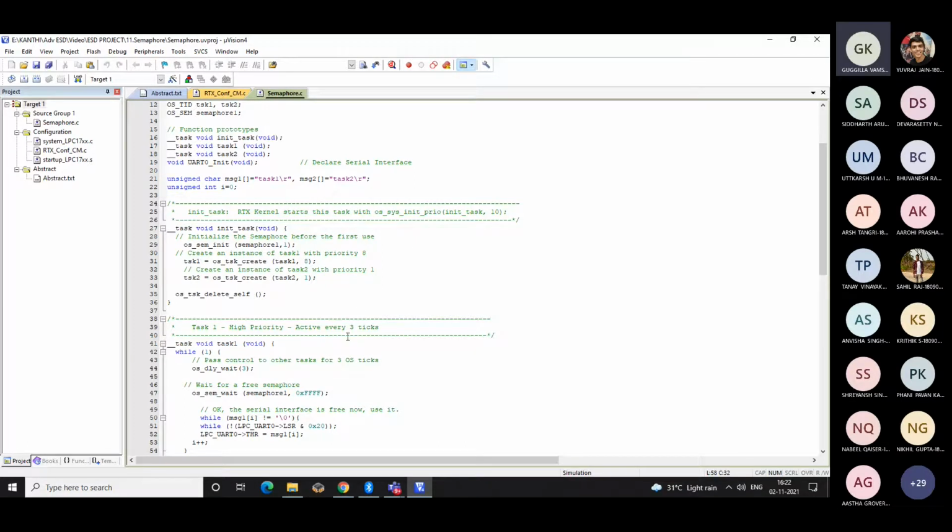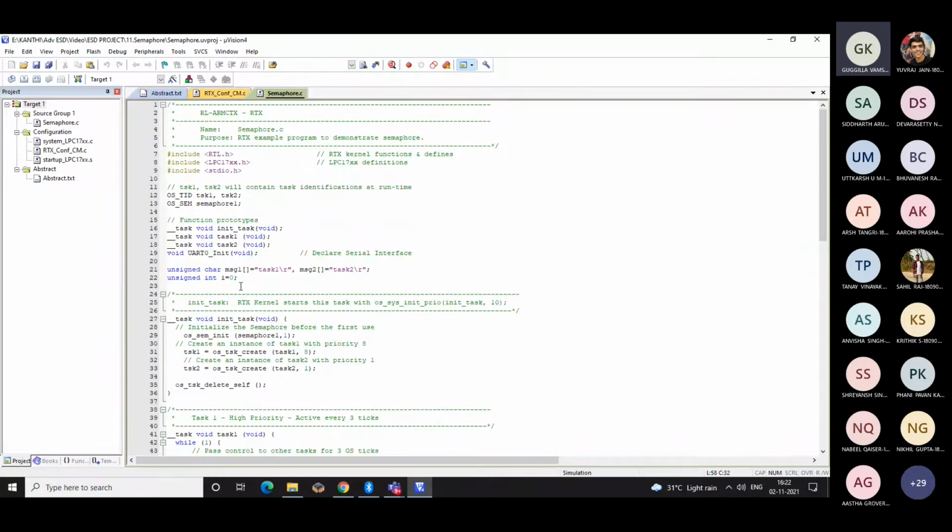So you have been given some semaphore functions to use a resource which needs to be shared by more than one task. So this is the program which I have already explained.